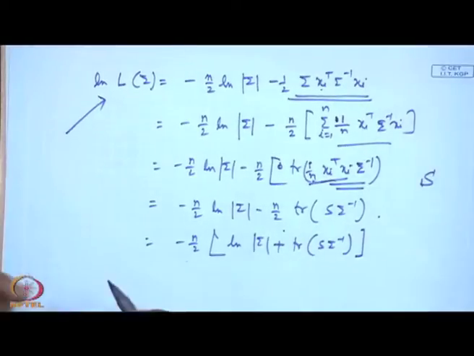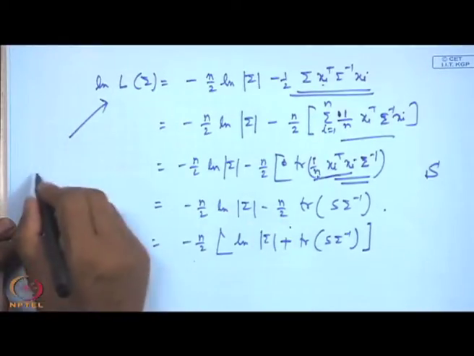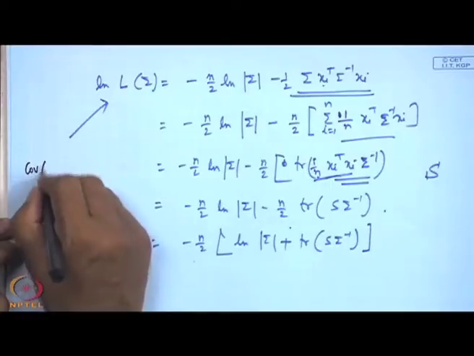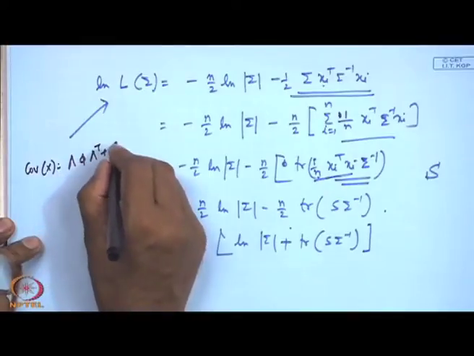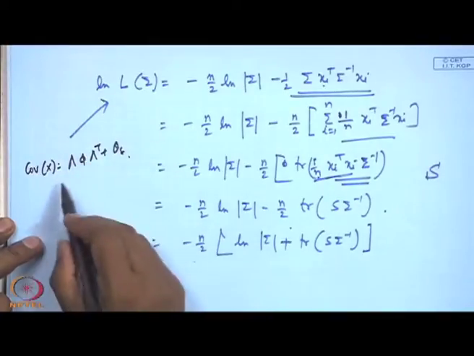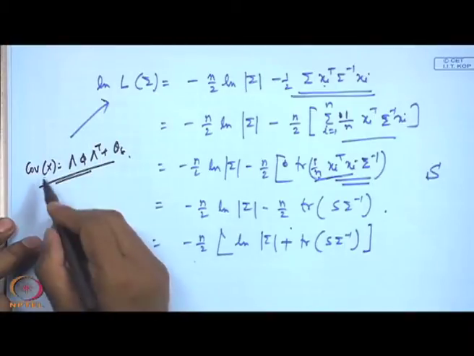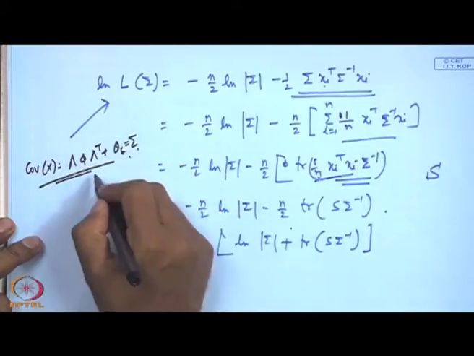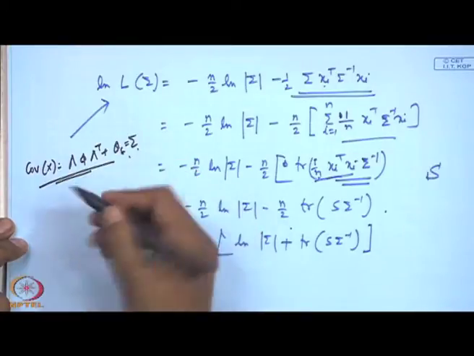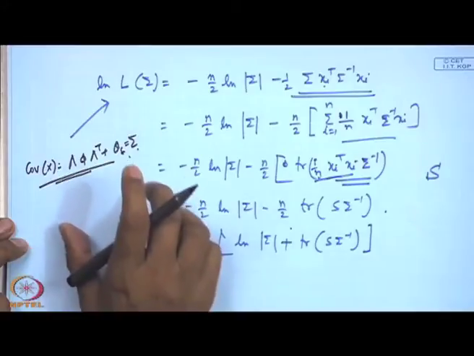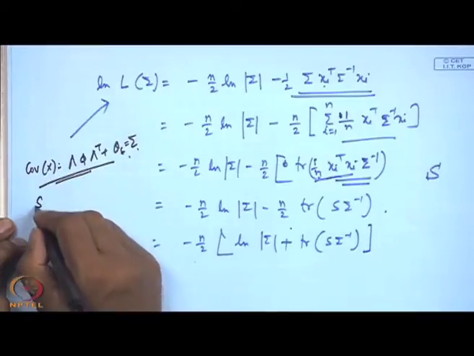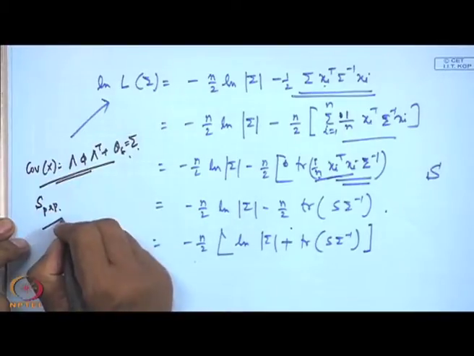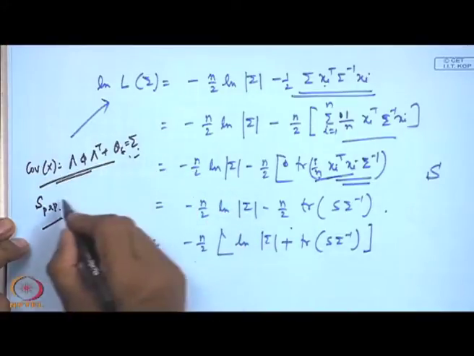Now, see what is the condition here in our estimation. Actually, this procedure is like this. From the model, covariance of x is lambda phi lambda transpose plus theta delta, and from this you will get covariance of x, sigma, that is sigma in terms of model parameters. You collect a sample, then you get the covariance matrix also. So, from the sample, S is again a p cross q sample covariance matrix. What we want to do? We want to match these two.